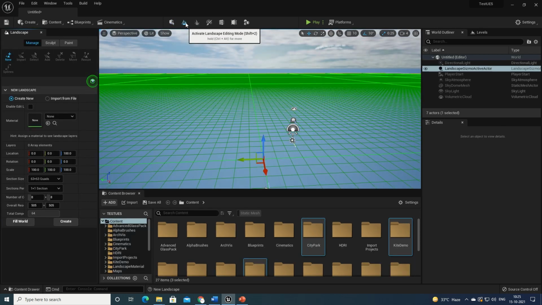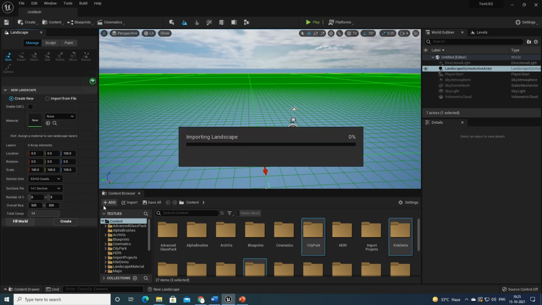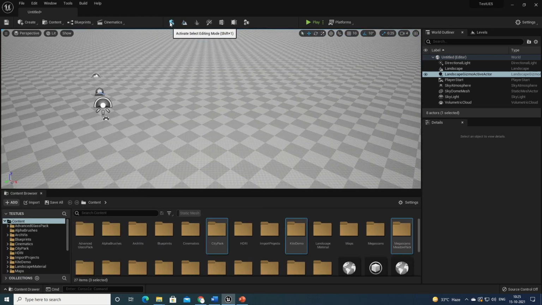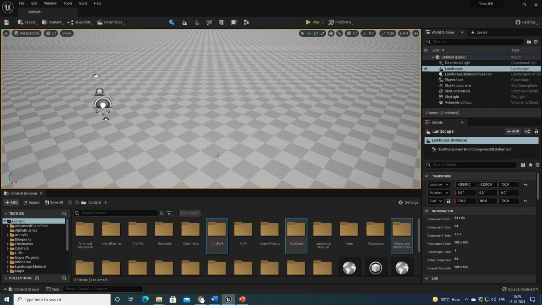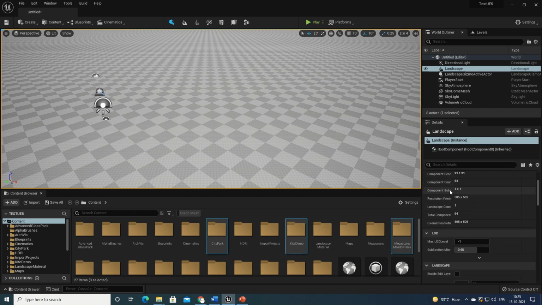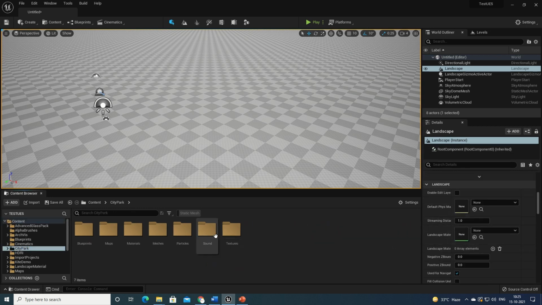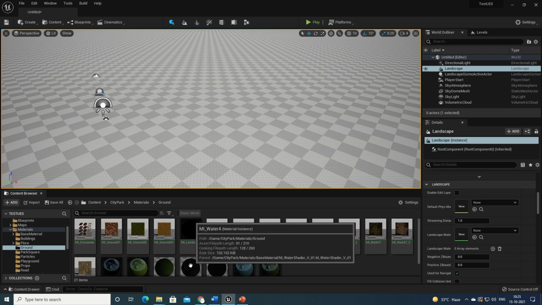Let's create the terrain and use the default settings. I am going to use the landscape material from City Park collection for my flat terrain.